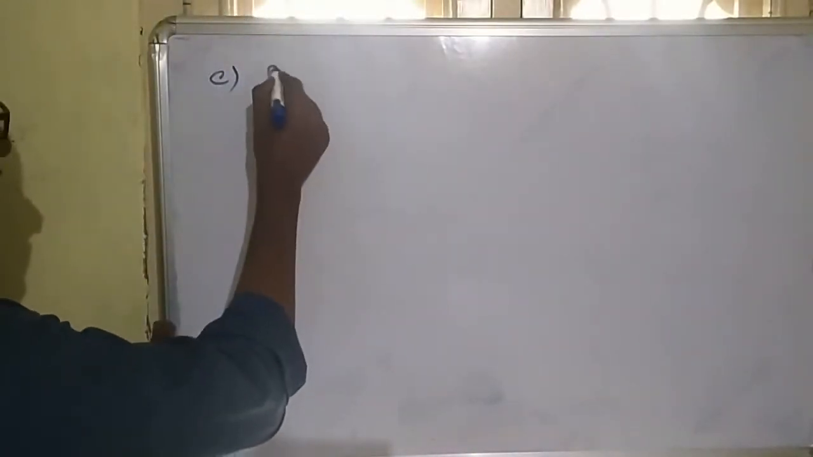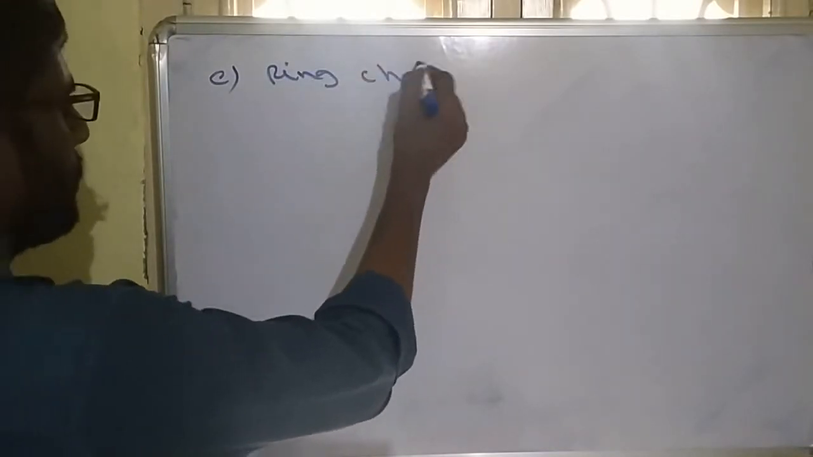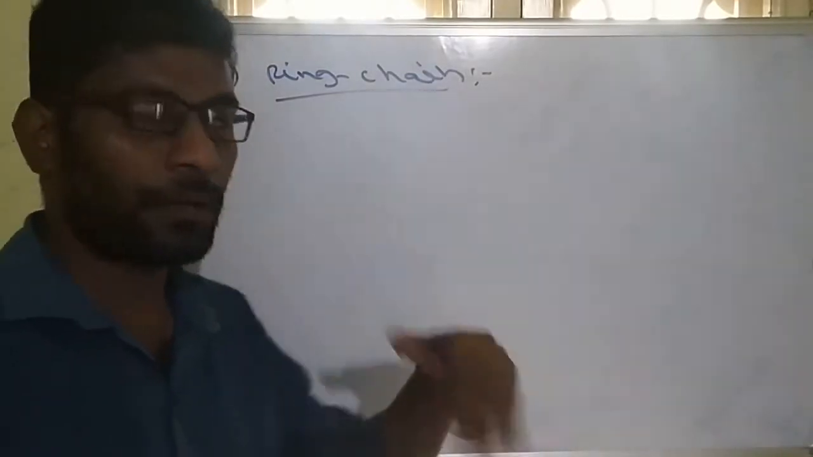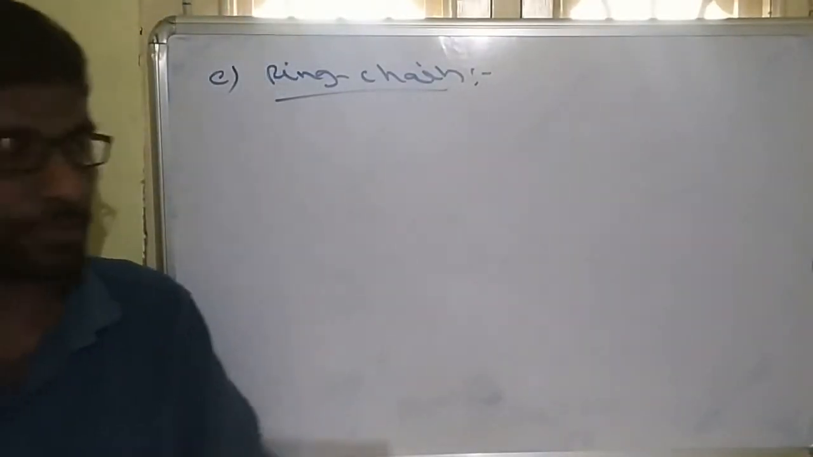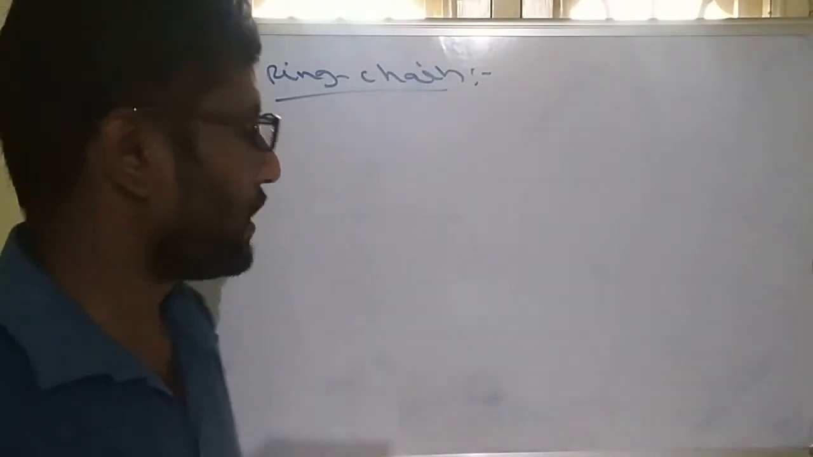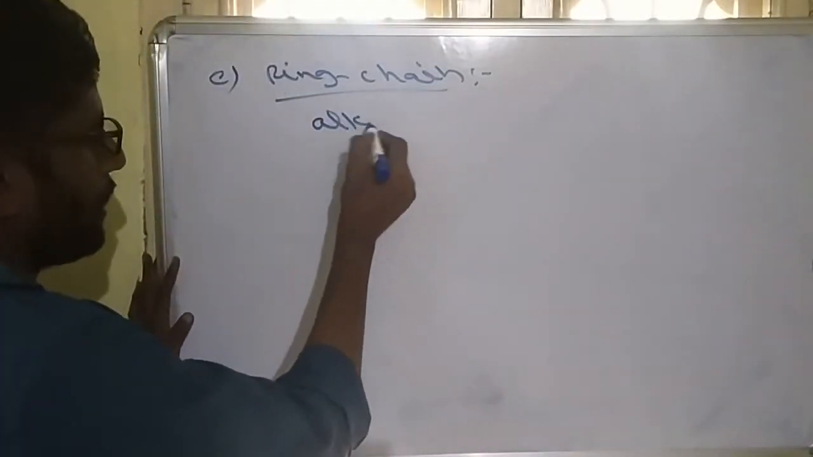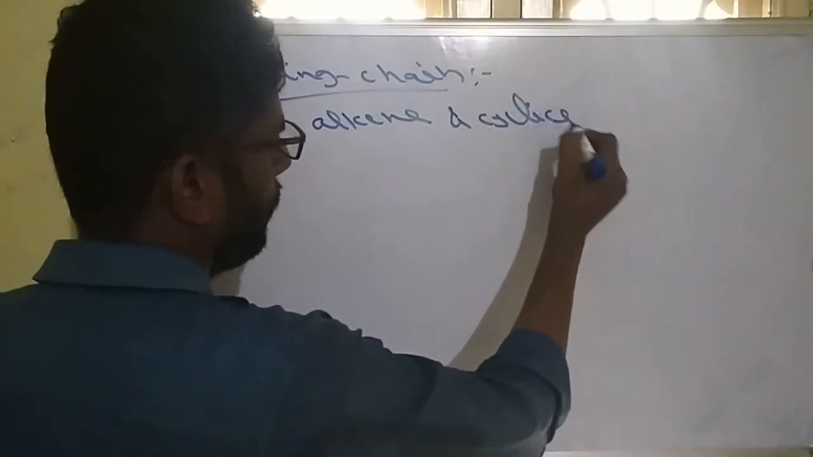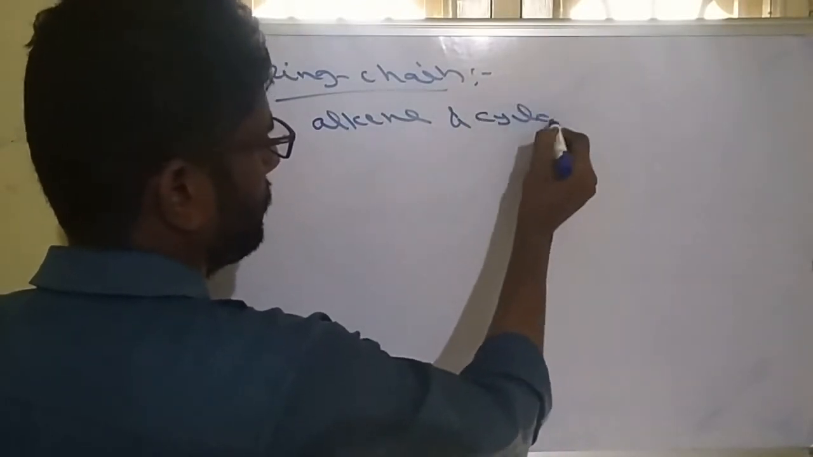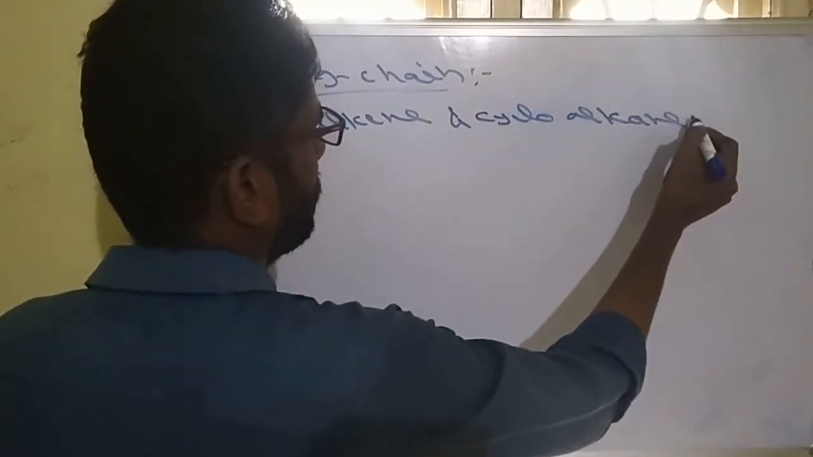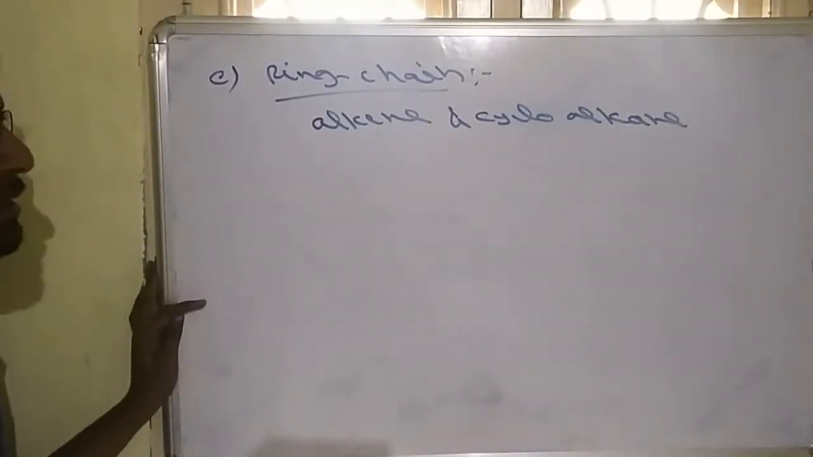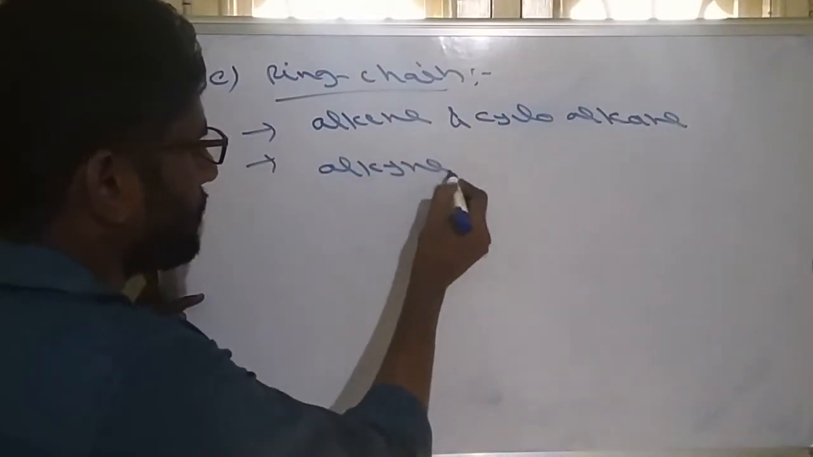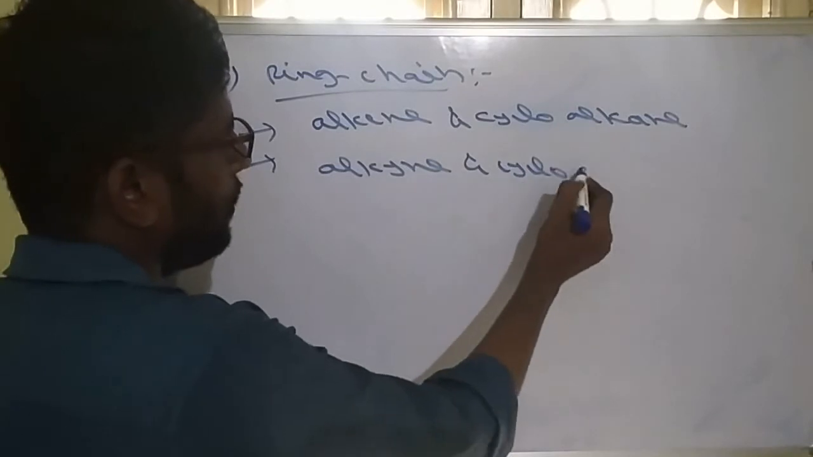Another one is ring chain isomerism. What does ring chain mean? Open molecules and closed molecules can be isomeric with the same formula. Those are called ring chain isomers. Mostly alkenes and cycloalkanes. So alkenes and cycloalkanes are ring chain isomers. Another one is alkynes and cycloalkenes,